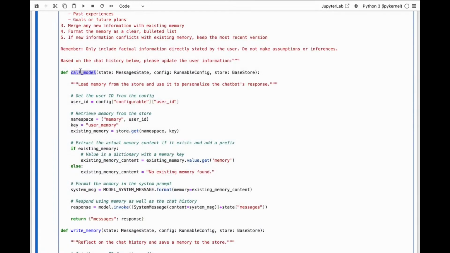If we look at that first node, call model, all we're going to do is take in state, which is just messages state. We've seen that before. We're going to take in a config. This config is going to allow us to get the user ID. We also take in the